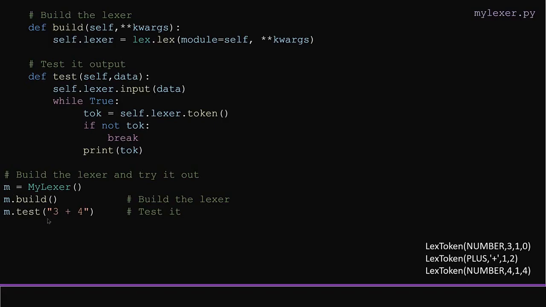And then M dot test, you put your input as 3 plus 4 to the test function, and this test function would actually put your string for the class input to the